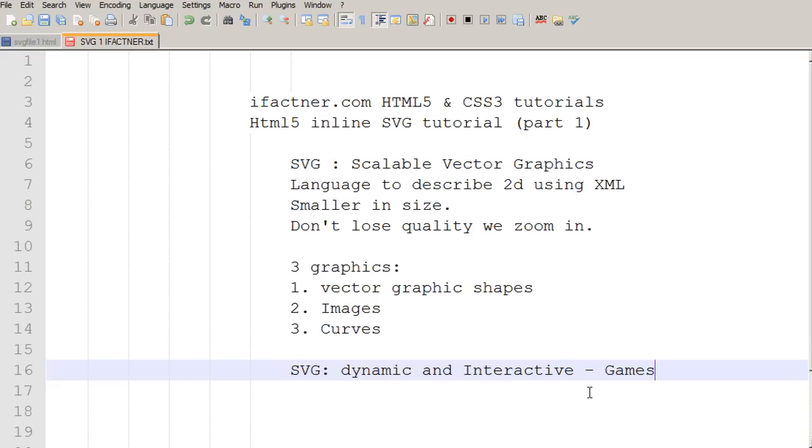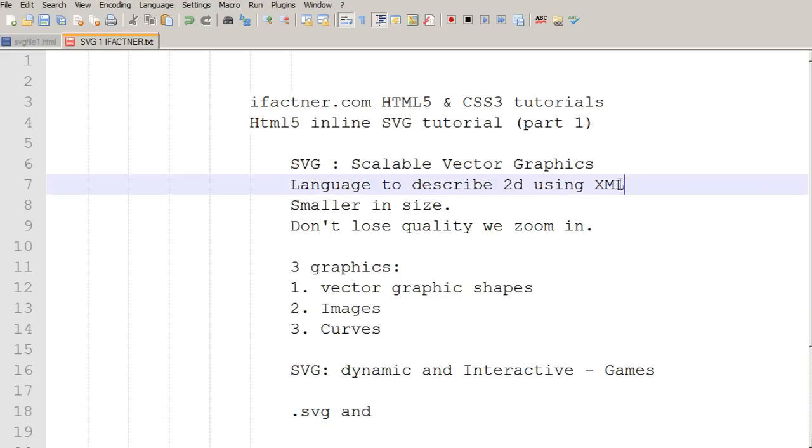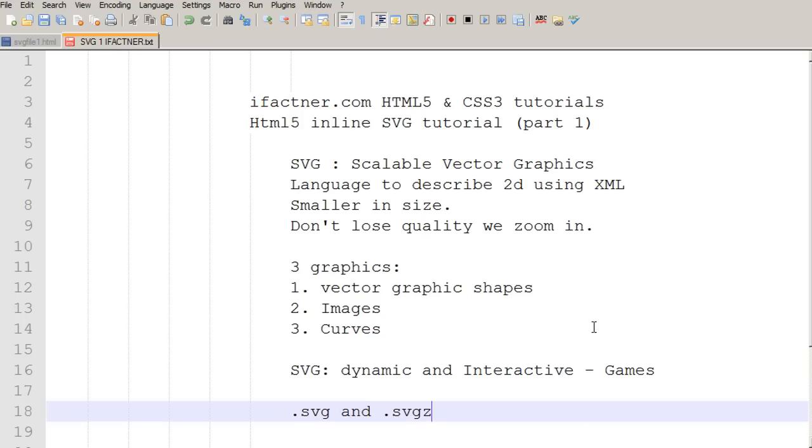And the file extension of SVG files is SVG, and because these files are in XML format, we can compress them and we can use the extension svg.svgz,